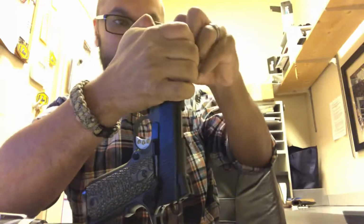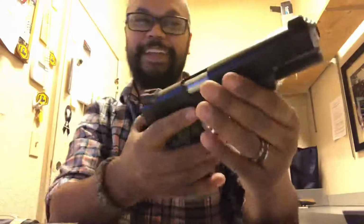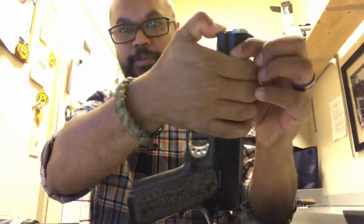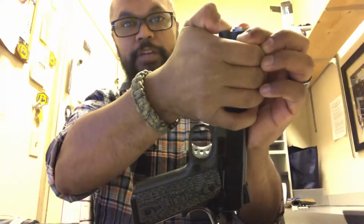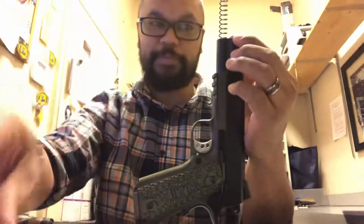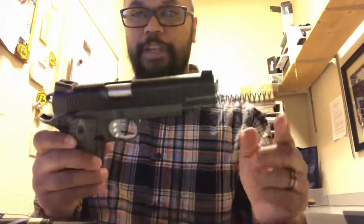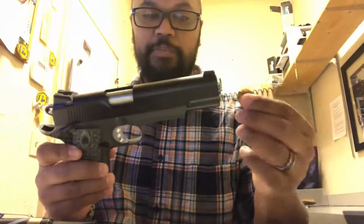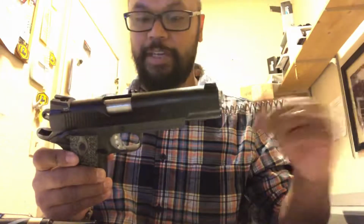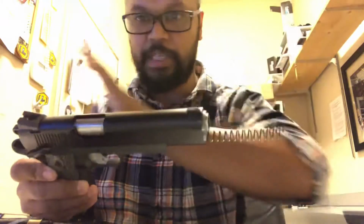Rotating it. Cool. You can see how it's rotating. So rotate that, then still maintaining pressure on it, rotate it all the way, and then that springs back up. At that point you can see the spring out. Sometimes the spring gets stuck in there. It's okay. I like to just keep the spring in there, keep the slide nice and